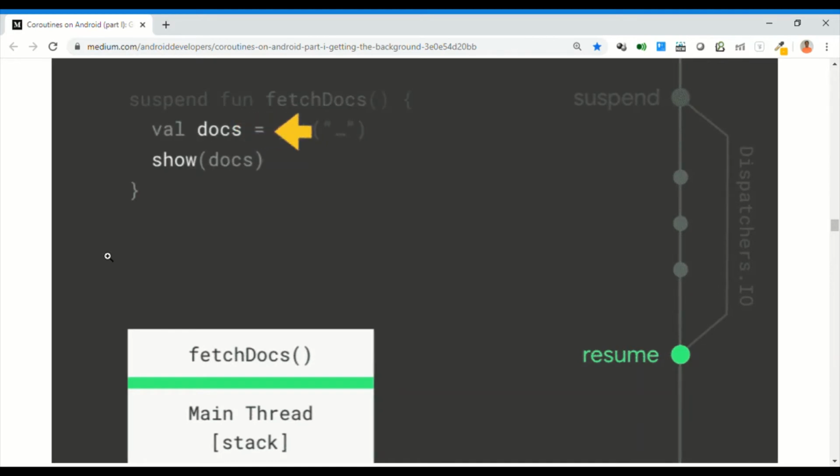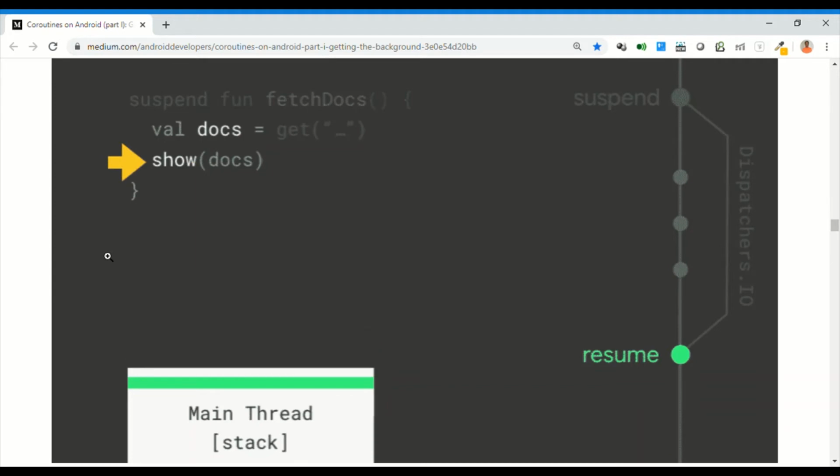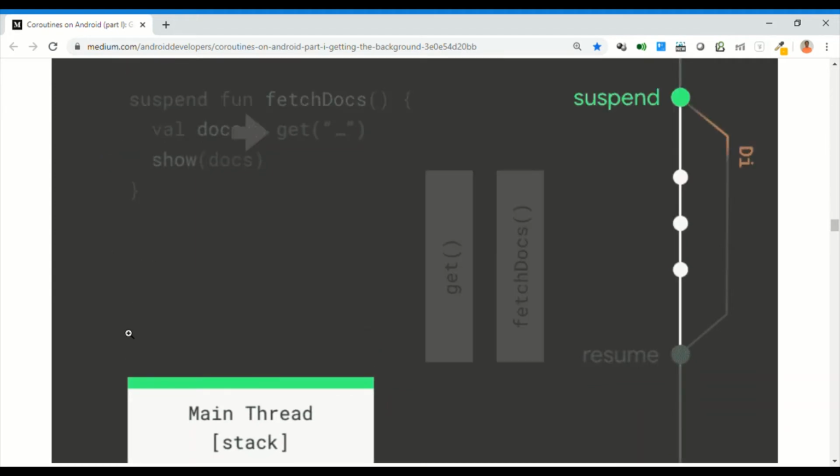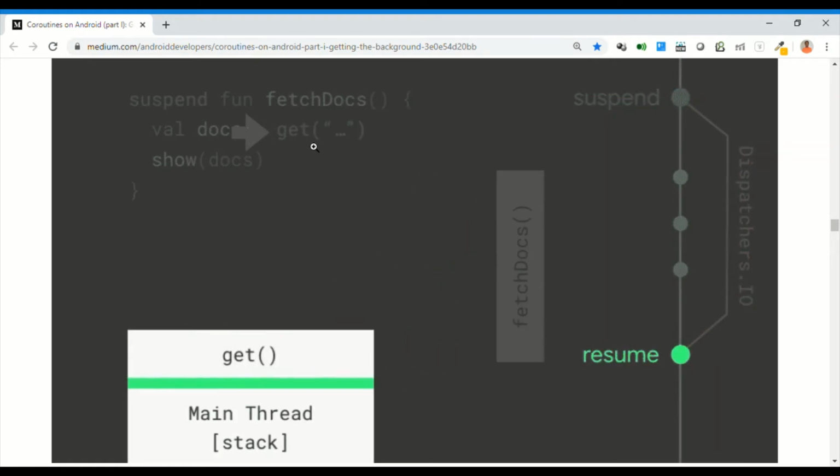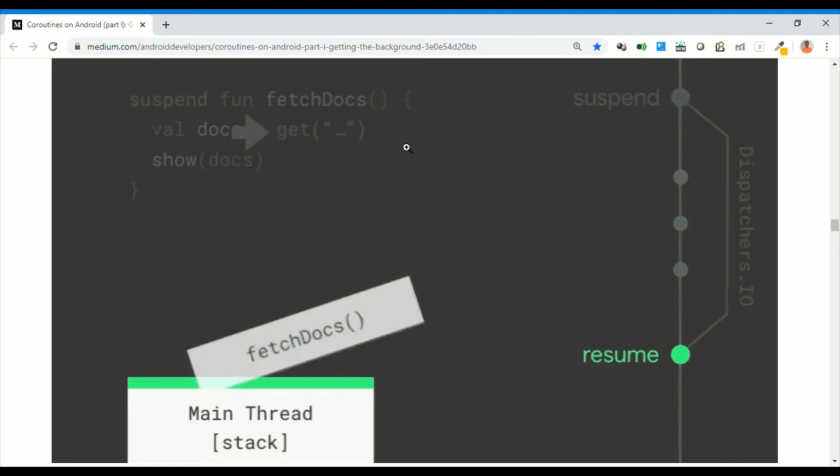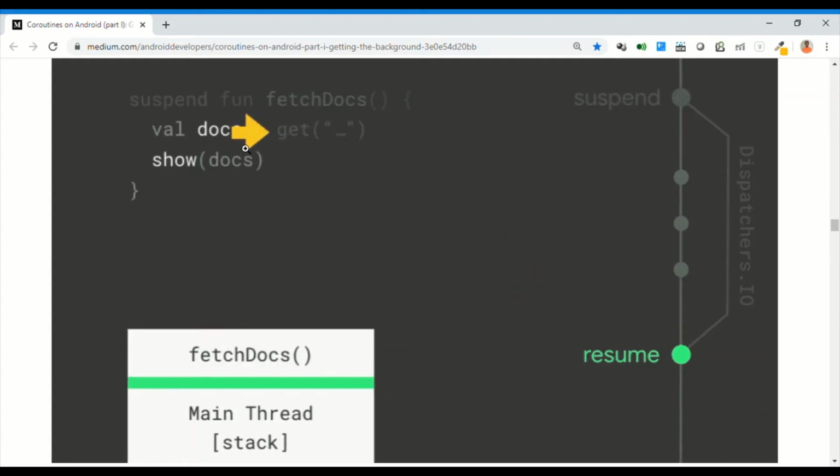The other thing is that a coroutine switch happens from the main thread to the IO thread. At this point, the main thread is not blocked and it is free to do some other work. When the result of the get function is ready, the coroutine switches back from the IO thread to the main thread and the fetchdocs function resumes from where it was suspended.